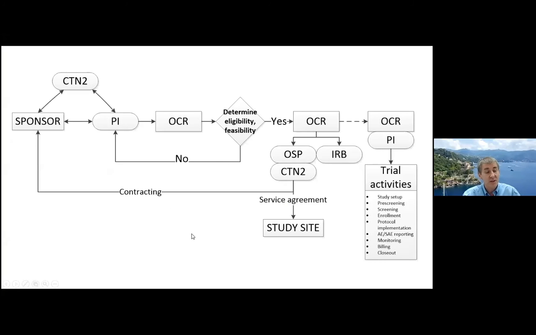So what you see here is a graph that illustrates how we go from a potential trial showing up on an investigator's radar to implementing that trial. As you can see here on the left side, it all starts with a PI, you, the faculty member, who finds out about a clinical trial that should be implemented or that you're interested in implementing at one of the UTHSC facilities. This trial could come through CTN2, which, as you might have noticed, is sending out periodic emails about